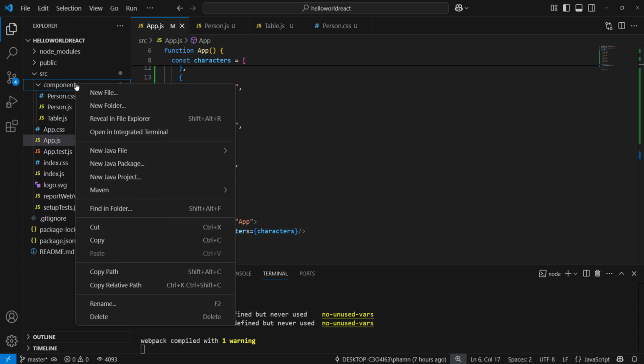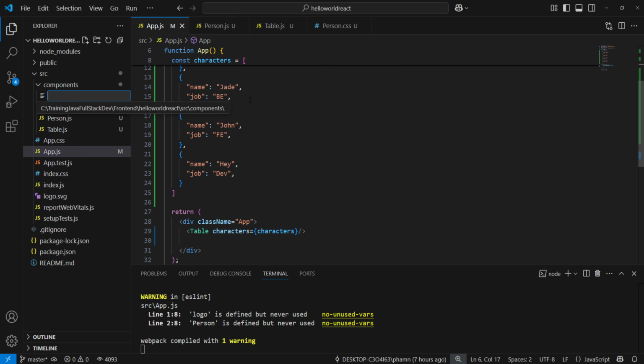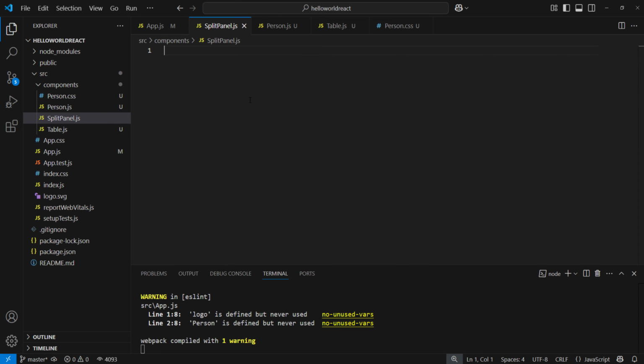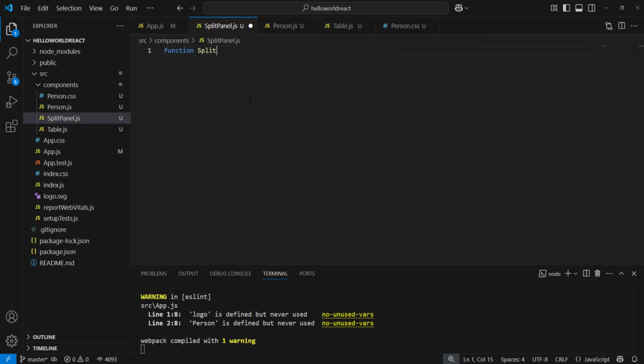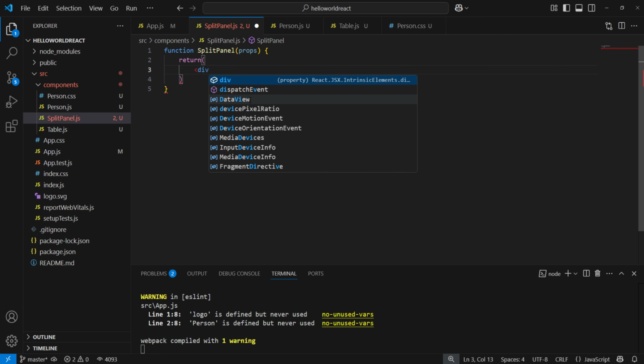We can create a new component, splitpanel.js, and in here I will create a function component SplitPanel with props, and inside this I will return a div